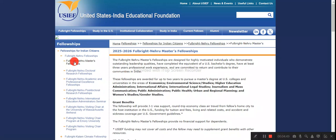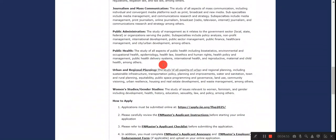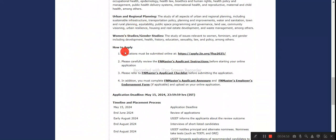So I'll click on this link here, and you can see the Fulbright-Nehru fellowship masters program is there. If you want to apply for masters, you can do that. You can scroll down and read the information about this. You can see the deadline is the 15th of May for the applications, and